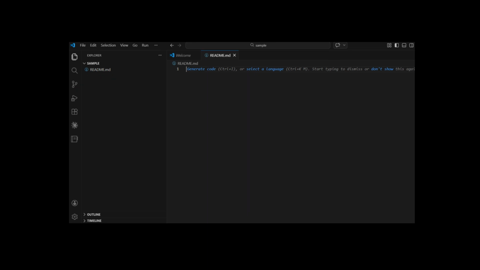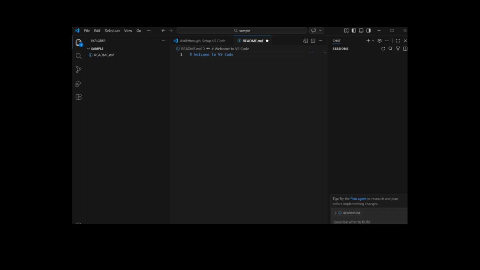The README.md, notice README is written in uppercase, should be the first file inside your Visual Studio Code. This is almost like the information file. It tells you what the project is about. It's the first thing that any person or indeed a software would look for. And so here let's put some text there using Markdown. And here I've put a hash and typed in welcome to vscode. And there you are. You've got yourself all set up. Visual Studio Code all ready to run and to start working with. You can see our other tutorials on